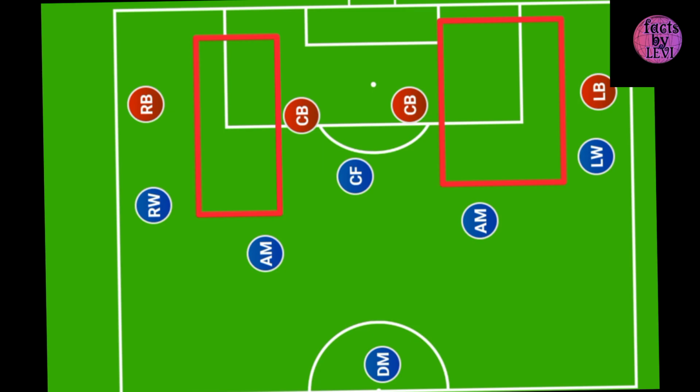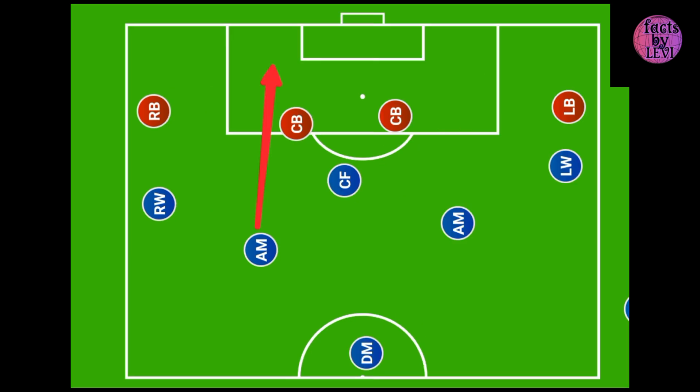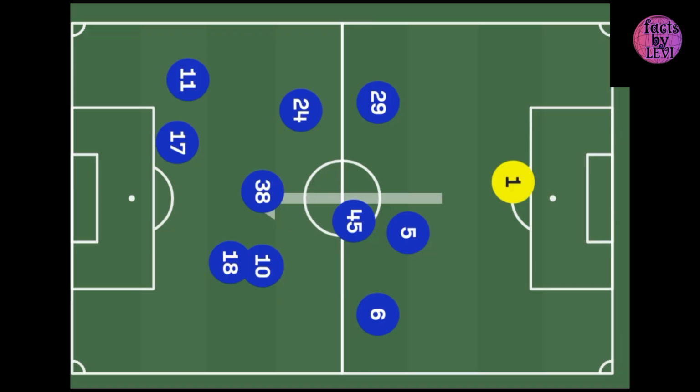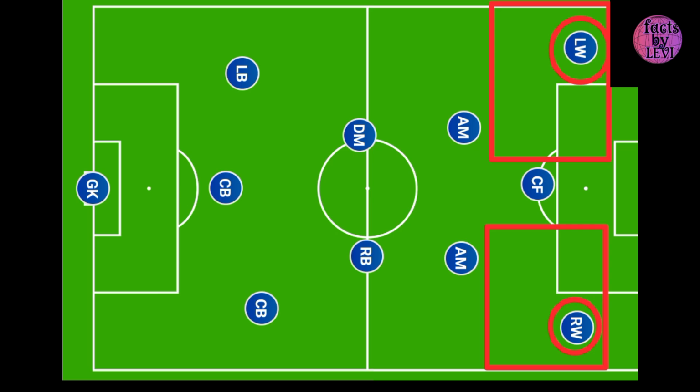Deploying wingers close to the touchline is a tactical strategy that can yield significant benefits. By occupying wide areas, they stretch the opposition's defense, creating space for central attacking players to operate. Additionally, wingers in these positions can be effective targets for long, direct passes, bypassing the midfield and catching defenders off guard. However, this approach also carries risks. Wingers can become isolated if not adequately supported, hindering their ability to receive the ball and contribute effectively to the